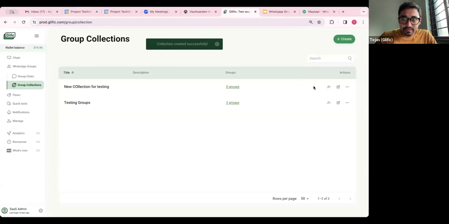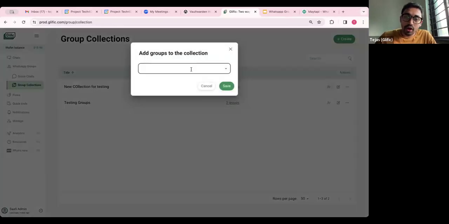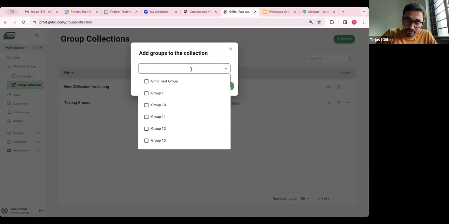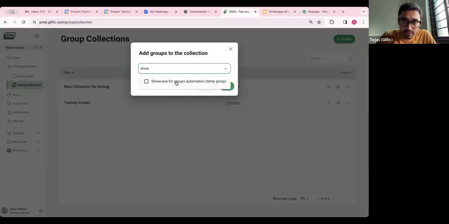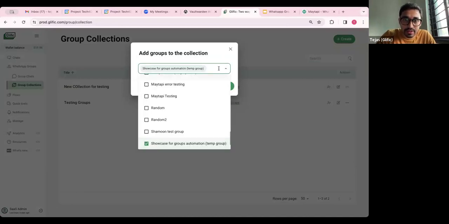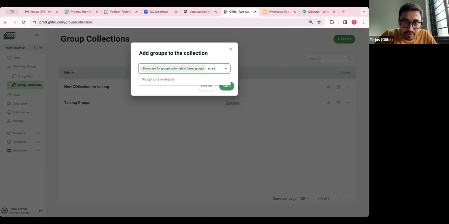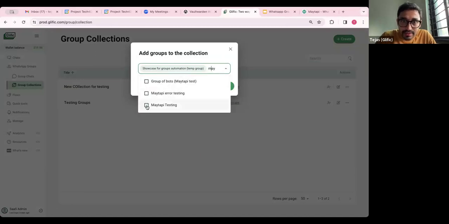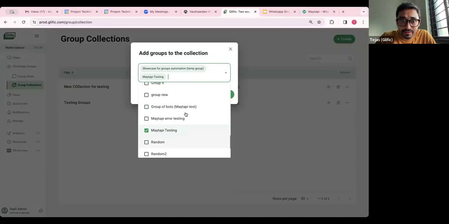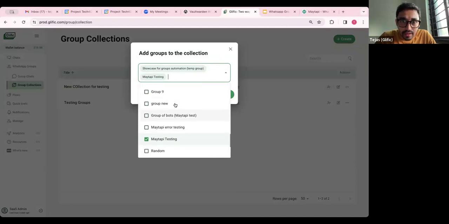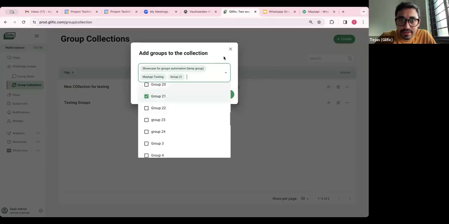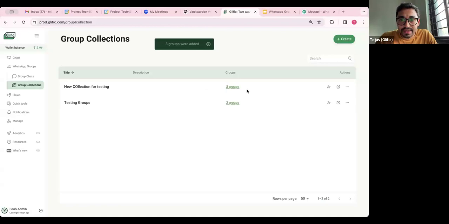Now I can add groups to this collection. So this is one group I want to add. I want to add another of this testing to the collection. Let's say I'll just add one more group, to see more than two. So I save.